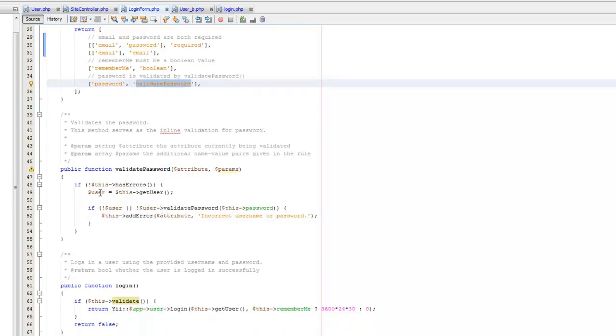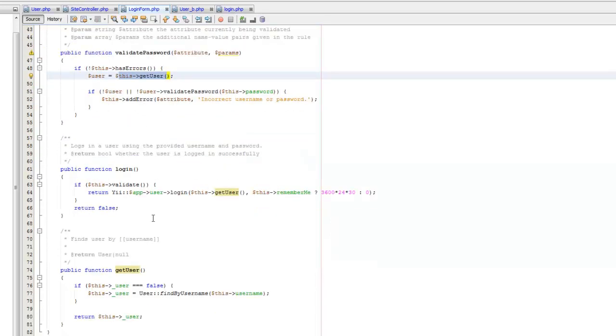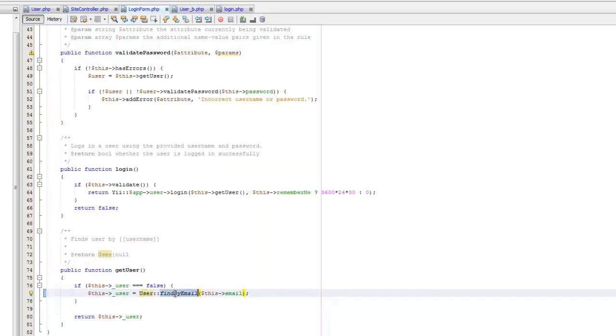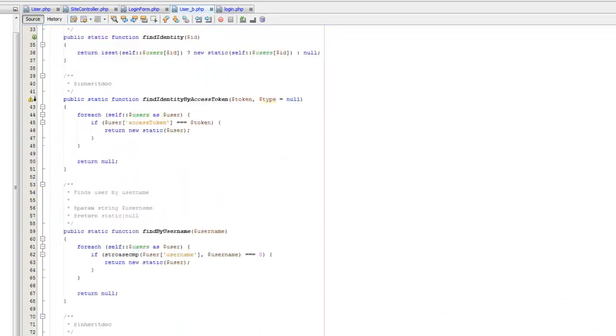So now we have here this get user first. It is getting the user, finding by username for now. But we don't have username, we have email address, so we can already here change find by email, and we are sending the email address which comes from user. So this means that the user model has to have find by email function. So it must be public and it must be static. So I copy the name, I go to user, and at the end we can create